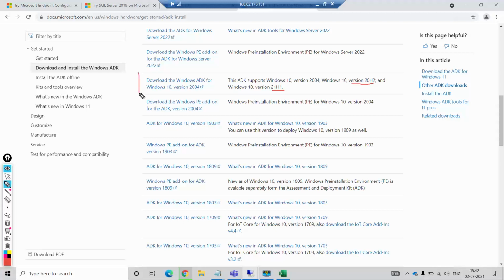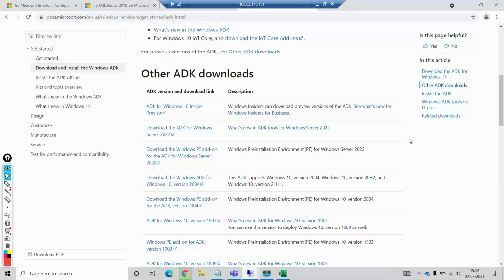So this download of Windows SDK we need to download. This is for Windows Server 2022. So we are not using Windows Server 2022. The technical preview version is released for 2022, that is after 2019.